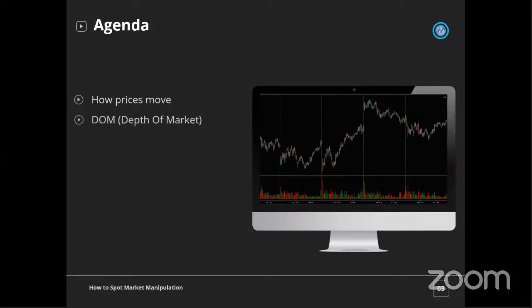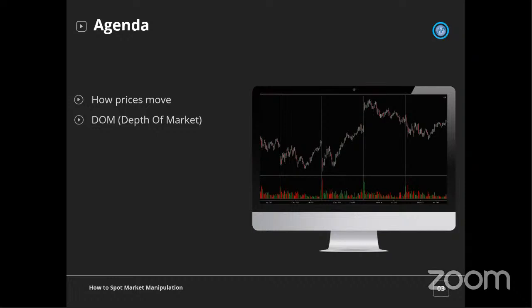Now, to do that, I'm going to pull up the DOM, or the depth of market screen, just to show you guys how the order book looks and how it moves around. If you're unfamiliar with that, don't worry. I'm going to make sure that you fully understand what the order book is. If you are familiar and you're thinking, oh no, not all these numbers flashing across the screen again, don't worry. I don't actually trade with the depth of market. I use something else to simplify that process,